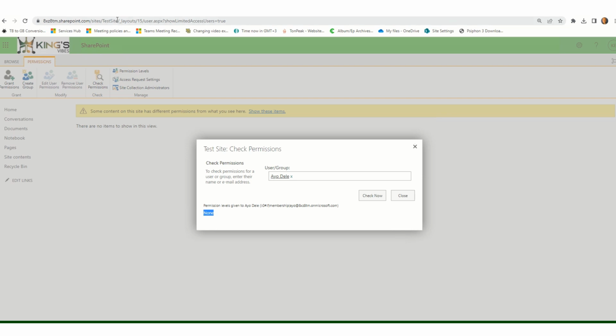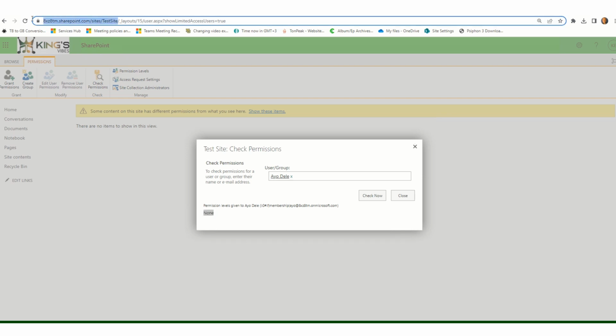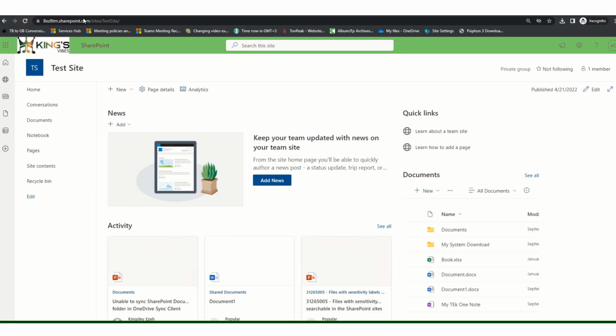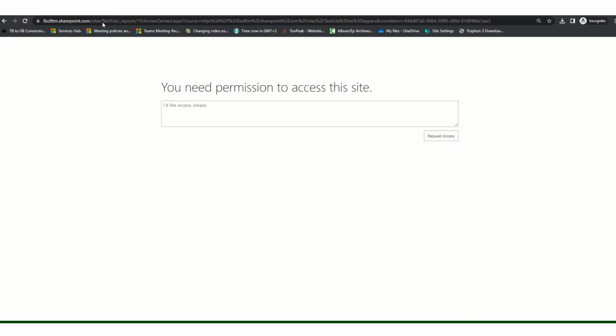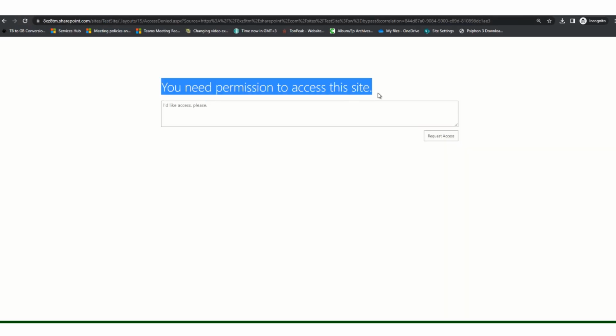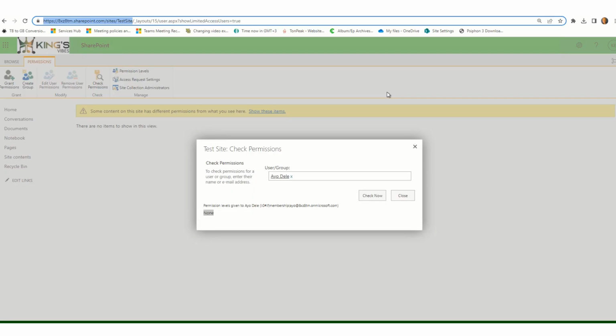Okay, now let us check. Let's copy this, paste it here. Can you see? You need permission to access this site. So Ayodele no longer has permission to this site because one of the groups to which she belongs has been removed. Okay, now please do not panic, because at this point I've had different scenarios whereby a